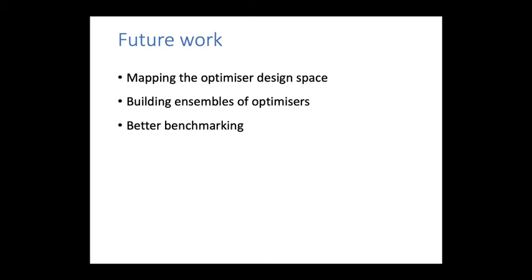The original idea was to explore this broader design space. And in future work, I hope to go about mapping this design space in a more systematic way. I'm not entirely sure how I'll approach this yet, but a couple of possibilities are to use something like a MAP-Elites plot, using some features of the optimizer's trajectories, or perhaps to do some kind of clustering within lots of diverse populations, although this will require some kind of distance metric between the trajectories, which I haven't come up with yet.